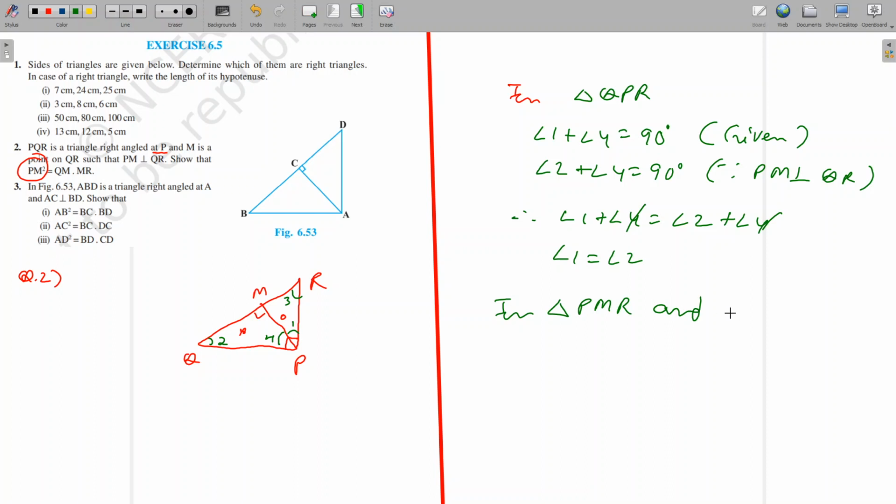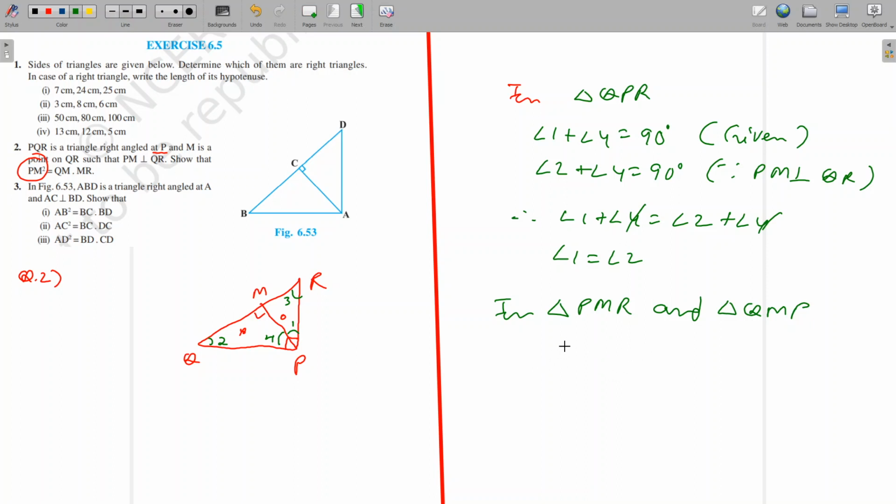and triangle, since we have to prove that the two triangles are similar, we know that in similar triangles corresponding angles are equal. Now we have proved that angle 1 is equal to angle 2. Here angle 1 is angle P, and it is coming first in order. So in the second triangle, angle 2 should come first in order. That is Q, we have to write Q first. Then angle M is 90 in both, so we write QM, and the third vertex is P. So QMP. Now it's very simple.